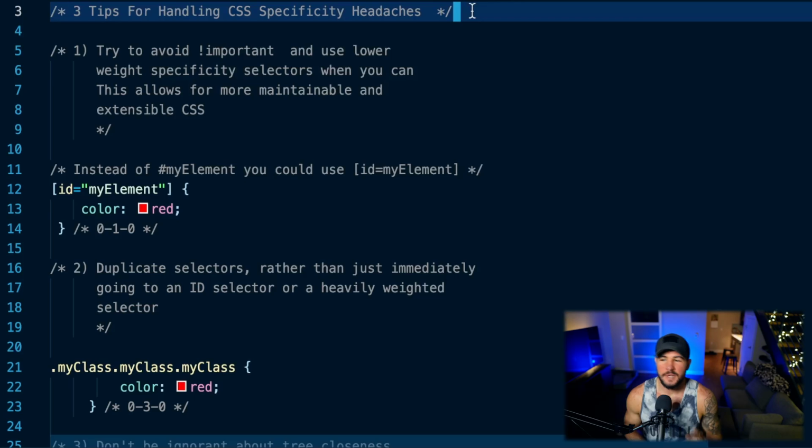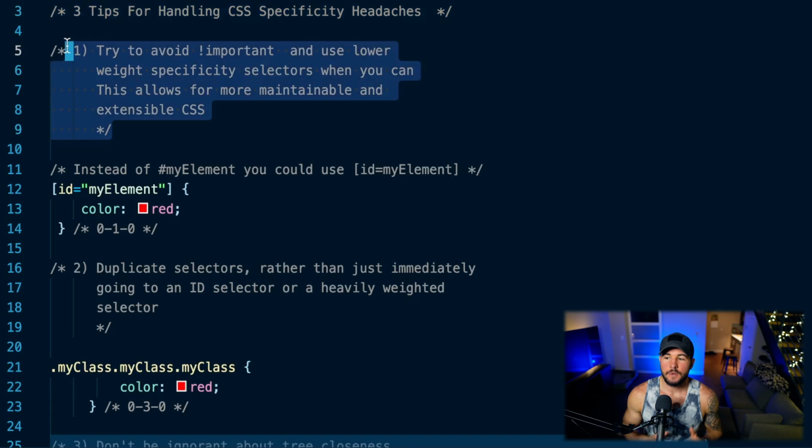CSS specificity. Sometimes it can be a headache. Well, some people might argue that CSS in general sometimes can be a headache. But in today's video, I'm going to give you 3 tips for handling some CSS specificity headaches. So the first one that we're going to go over is try to avoid using the important selector and use